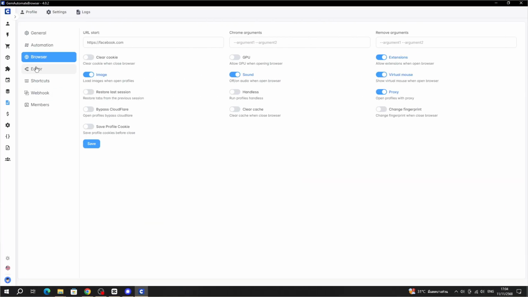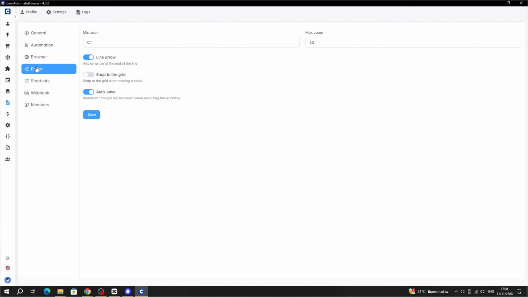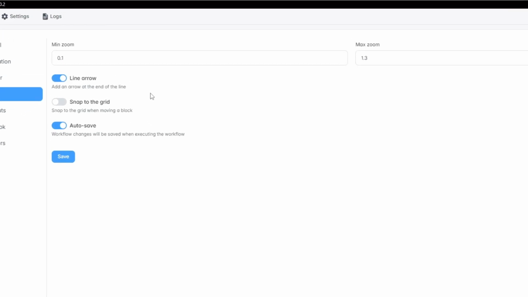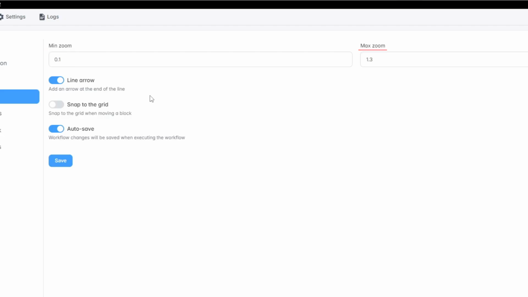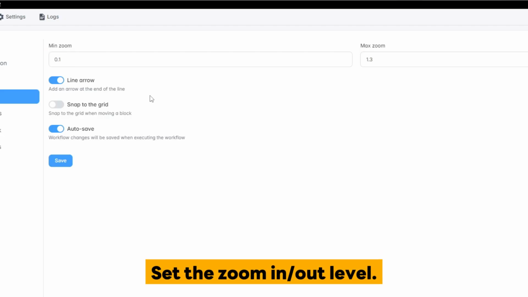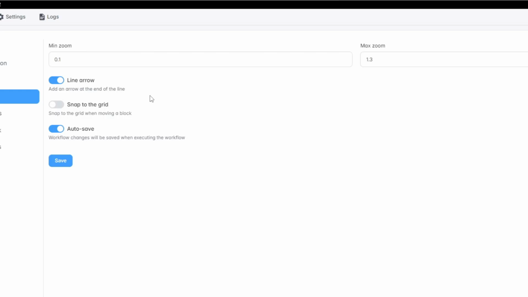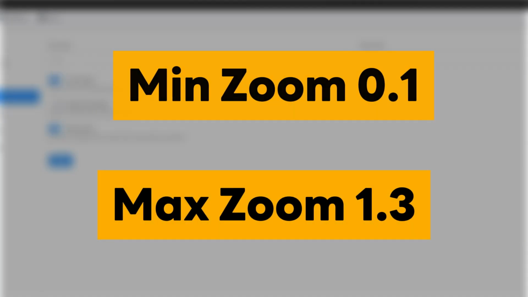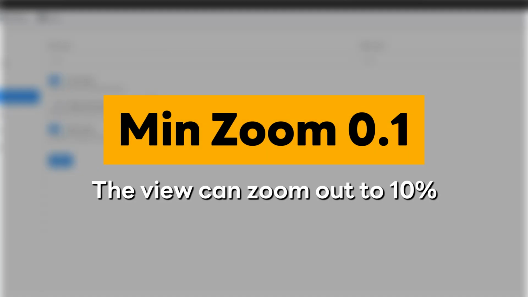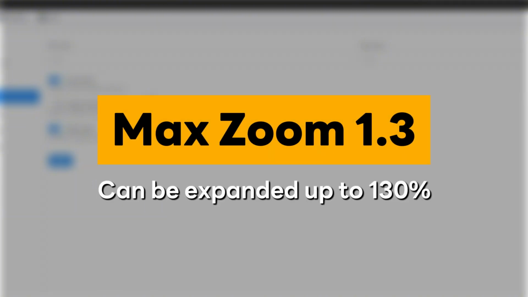Editor. This is the Editor tab in the Settings page of GemAutomate Browser, used to adjust the appearance and behavior of the workflow editor, the area where you drag and connect blocks. At the top, min zoom and max zoom define the zoom range in the workflow view. For example, values 0.1 and 1.3 mean the view can zoom out to 10% and zoom in to 130% of